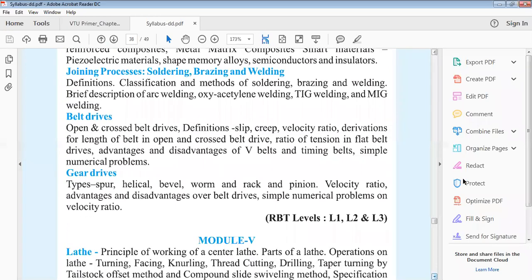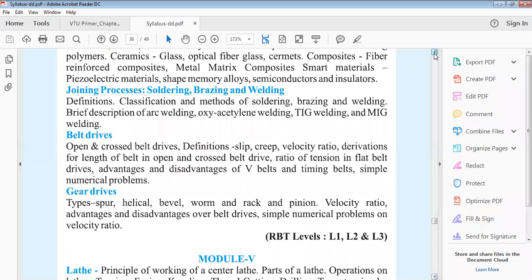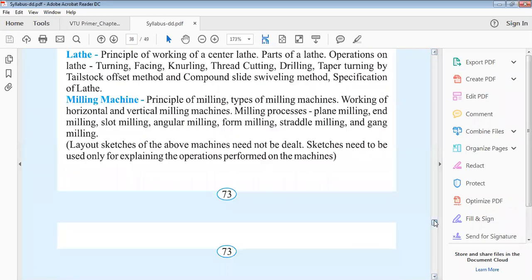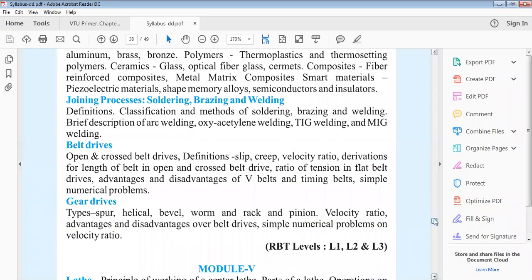I think if you compare the complete module with other modules, module 4 is going to be lengthier than any other, if you consider it. So we look into different types of material and all that. Based on that, I think we'll start discussing, and then we can close this.